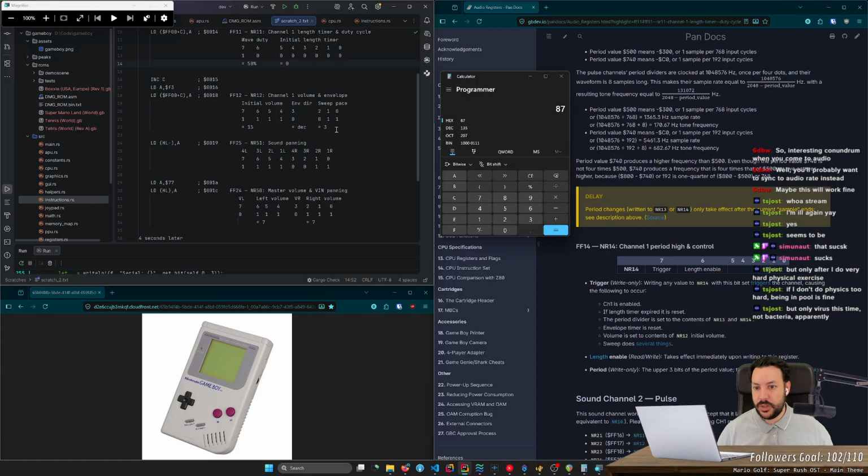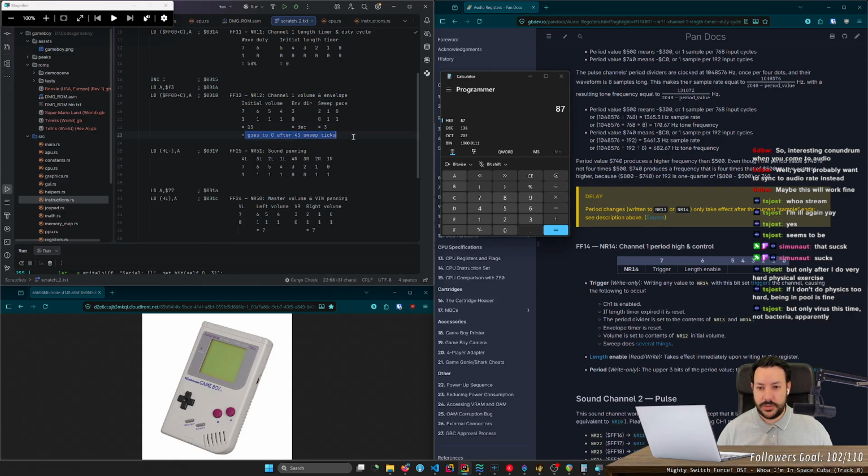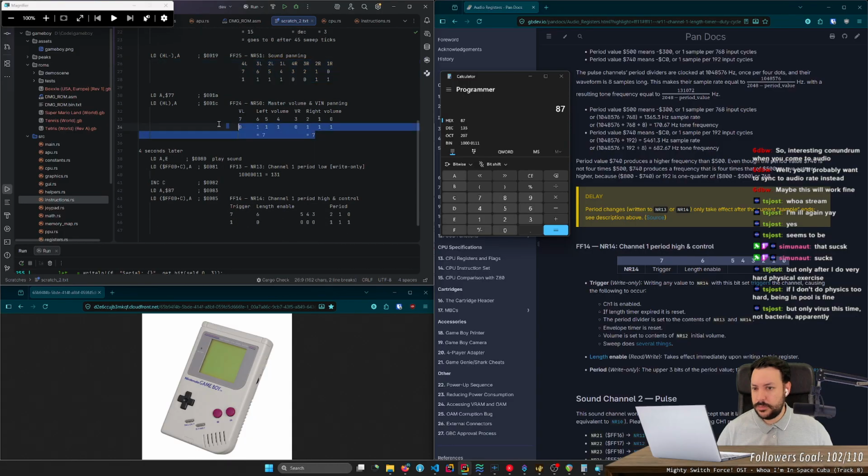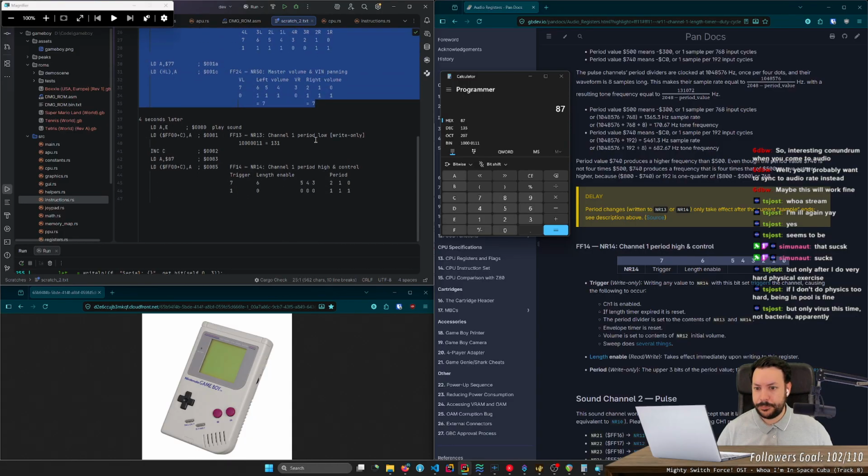We set max volume, which starts off at 15 and takes 45 sweep ticks, whatever that means, to go to 0. Panning we don't care about.